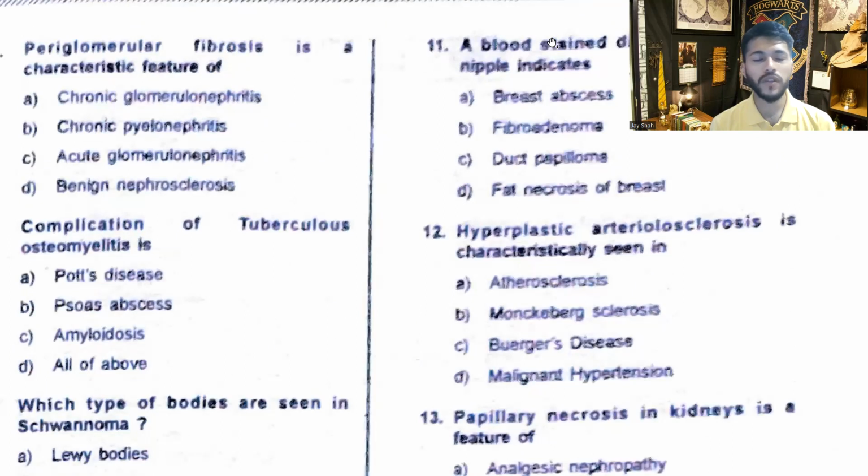Blood stained discharge from nipple indicates, again, it's a tough question. You are not expected to know that. The answer is papilloma. Papilloma will have a blood stained discharge. Breast abscess will have a purulent discharge. Fibroadenoma will not have a discharge. Fat necrosis,